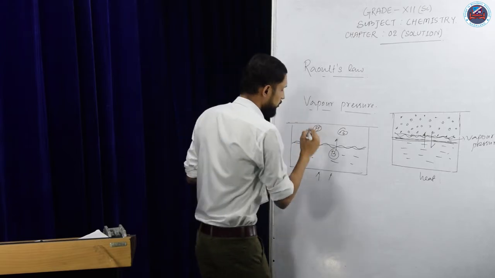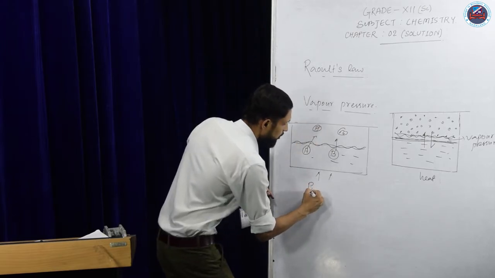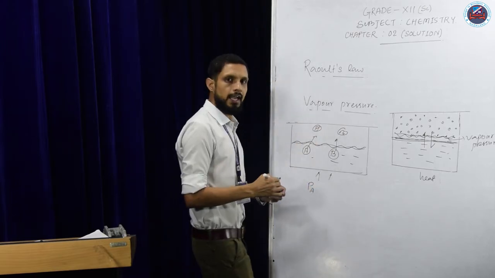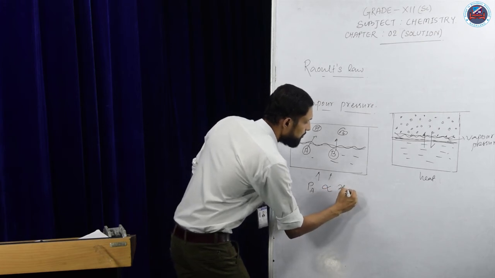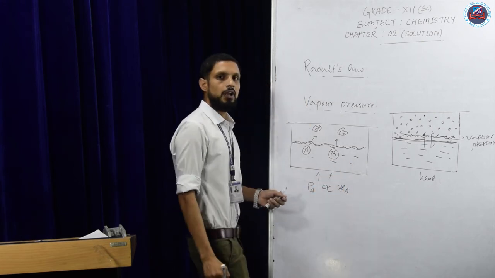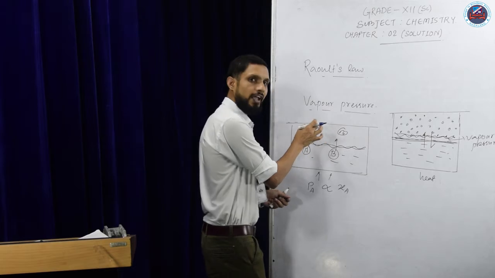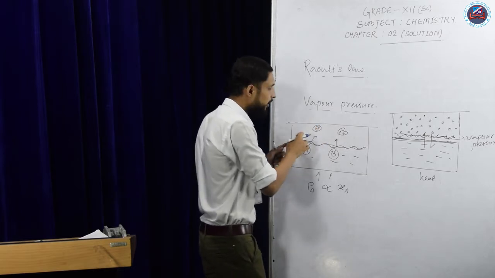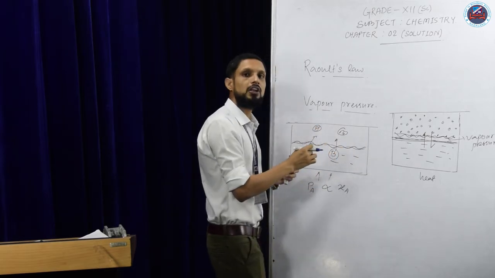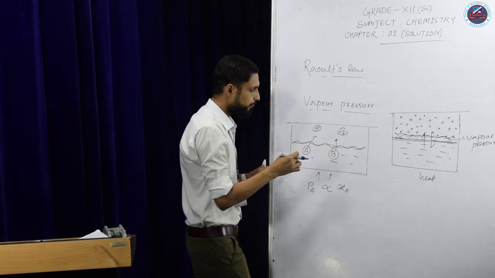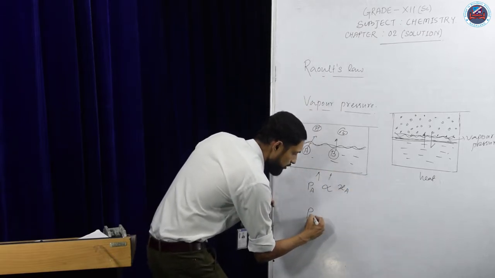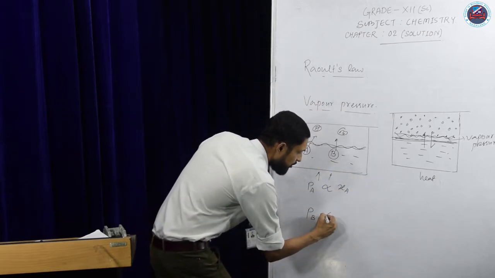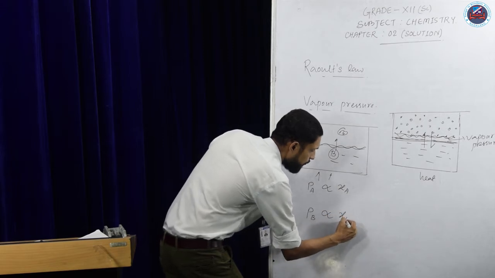So the pressure due to A is directly proportional to the mole fraction of A. That means if the mole fraction of A increases, the pressure exerted by it on the surface of the liquid will also increase. Similarly, the pressure due to gas or vapor B is directly proportional to the mole fraction of